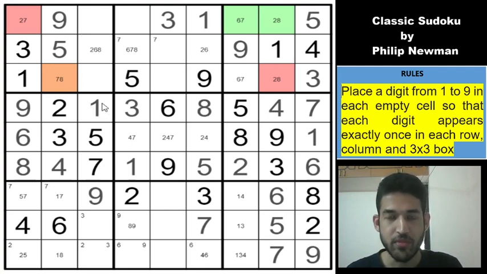Y wings need not be restricted over 2 boxes. They can sometimes be spread across 4 boxes also. So you'll have 1 digit here, maybe 1 digit here, maybe 1 digit here, and the 4th digit may be somewhere here. It may be spread across 4 boxes too, not necessarily 2 boxes. But in this case we have a Y wing 2 7, 7 8, 2 8, digits of the pattern AB, BC and AC. There must be a hinge cell which sees both of the wing cells, and you can eliminate the common digit from the cells which see both of these wing cells.